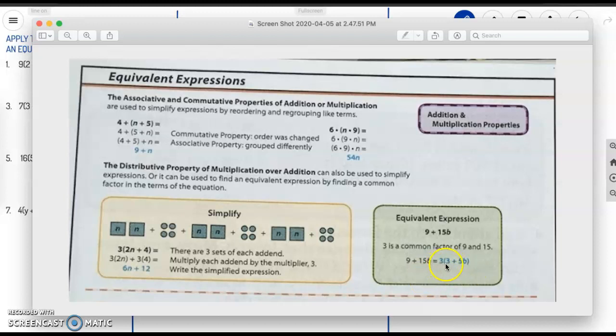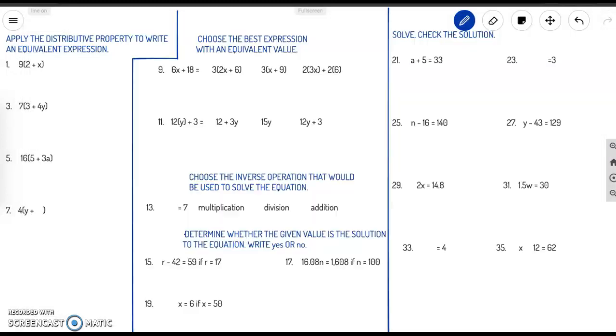3 times parentheses 3 plus 5b. The distribution here is that we do 3 times 3, which is 9, then 3 times 5b, which gives us 15b, because 3 times 5 is 15. Again, it's a lot easier to understand once we actually do the work, so let's go ahead and get started. So the first section says, apply the distributive property to write an equivalent expression. Okay. So number 1,